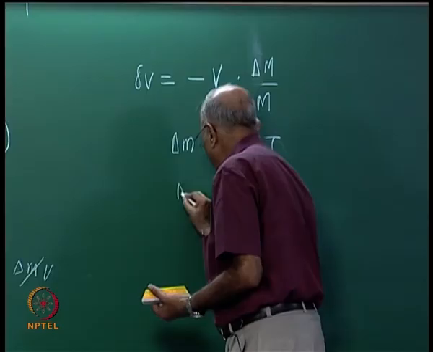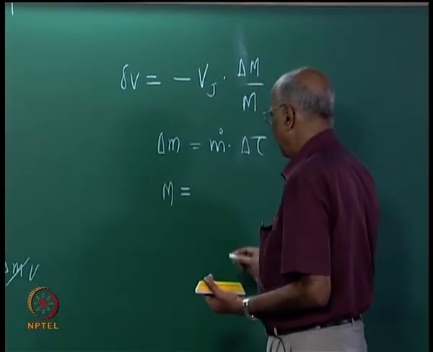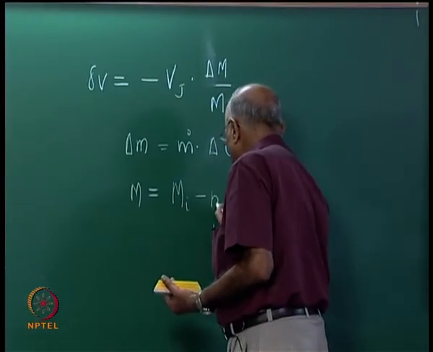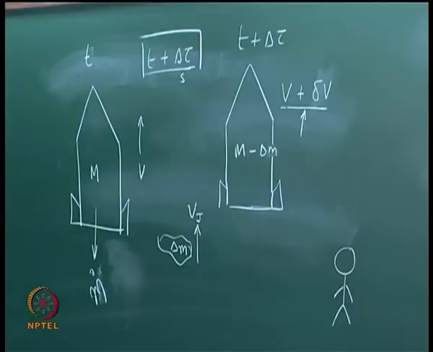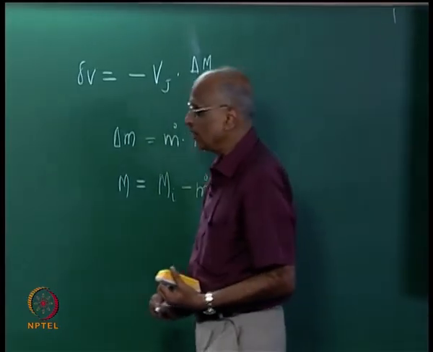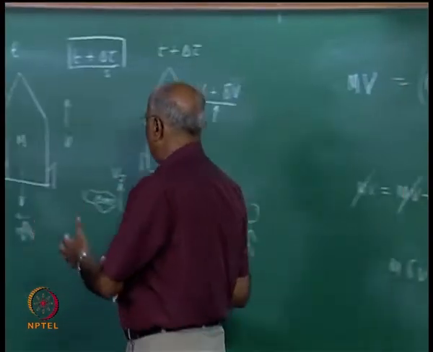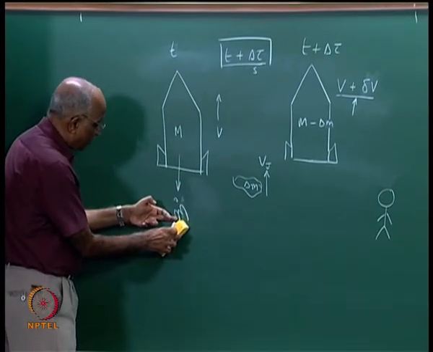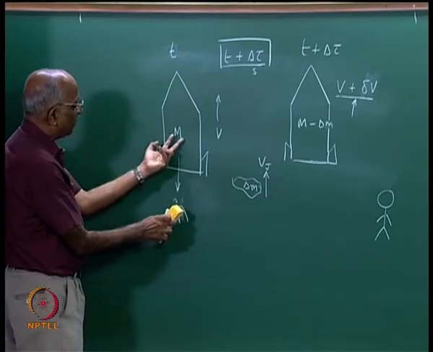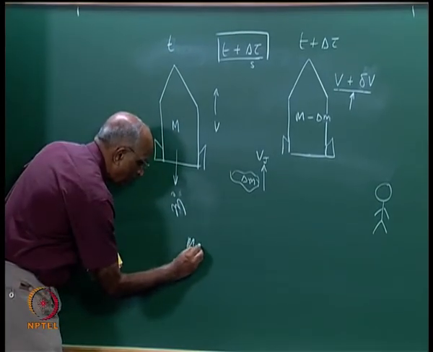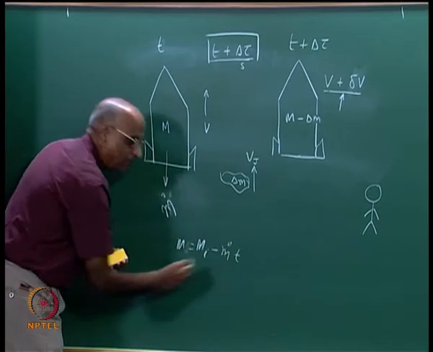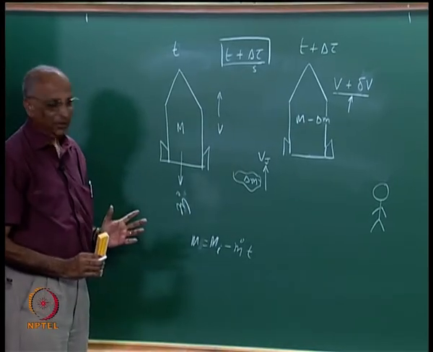And what should be the value of the capital M? Capital M must be equal to the initial mass of the rocket at time t is equal to 0 minus m dot t. That is the mass of the rocket at time t. In other words, at time t is equal to 0, the rocket had an initial mass, it continues to eject mass at the rate m dot, constant value, and therefore at time t its value m is equal to mi minus m dot into t, right. Now please keep checking,